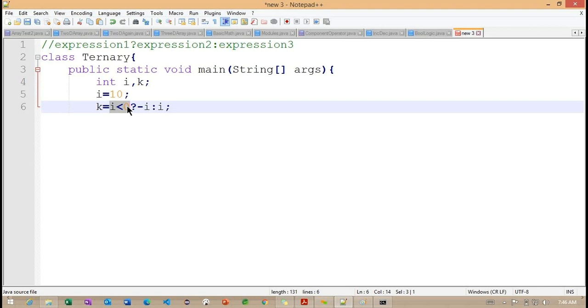So this is very important. We need to understand here, getting the point, because the i value we are having is 10, i less than 0. The expression we defined here is returning false. If expression 1 is returning false, it's going to check with expression 3. The expression 3 value we are assigning, initializing into the k variable here. So this is important here.